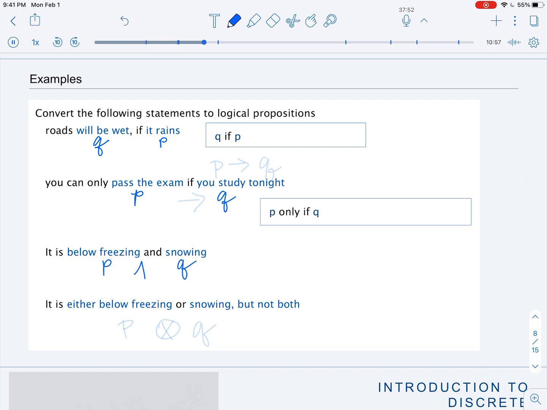So P and Q. I just want to mention that the other examples are examples of implications. Now we have, it is either below freezing or snowing, but not both. This is a little bit awkward because in English we probably would not say that. We'd probably say it's below freezing or snowing. But when you see the language, it is either below freezing or snowing, but not both, this is meant to indicate that we mean exclusive or. Sometimes this is quite awkward